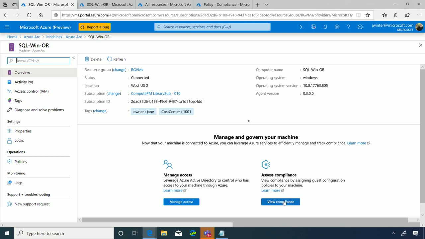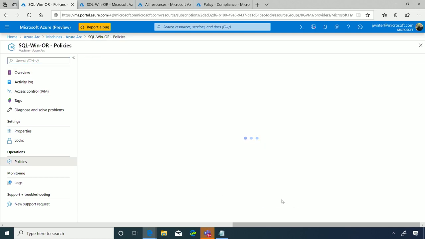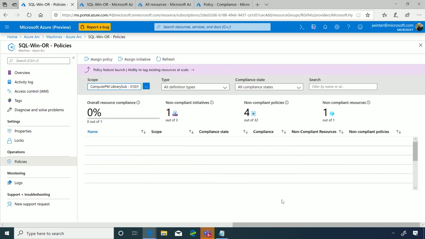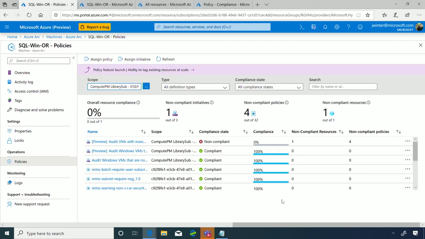You can go in and look at your compliance. And the beauty here is, remember, this is a SQL machine back on premises that I'm looking in through Azure, and I'm able to see the Azure policy capability, which is about 2/3 of the room. You're able to see this, just native Azure policy capabilities right here being used on-prem. And so I know that these things are all within the policies that I've set from my cloud experience. And this is where we'll continue to invest heavily when we think about making sure not only just policy, but even in-guest configurations. So how I think about my in-guest config, remediating within the config, all of that will start to come through the policy flow.